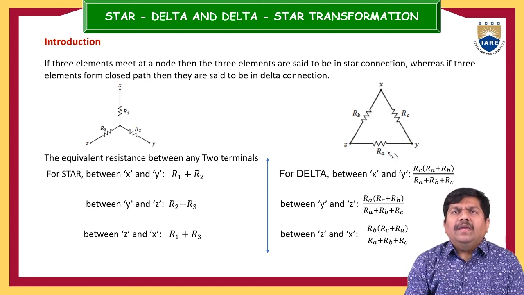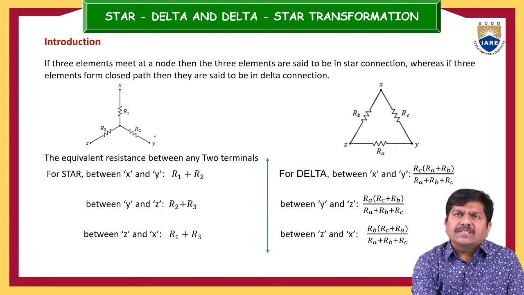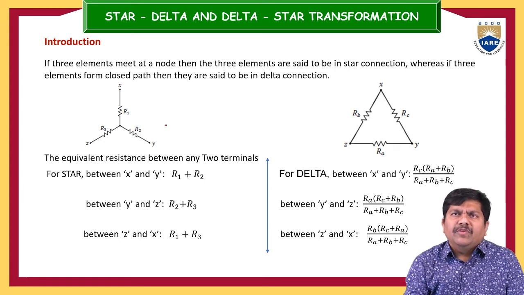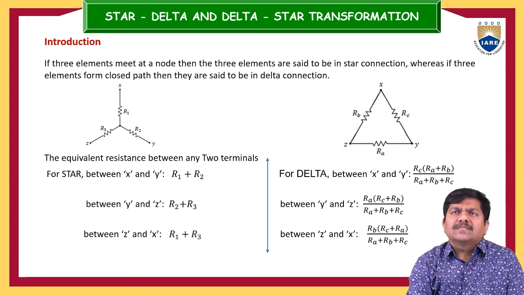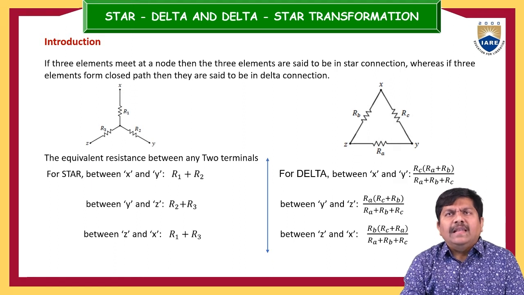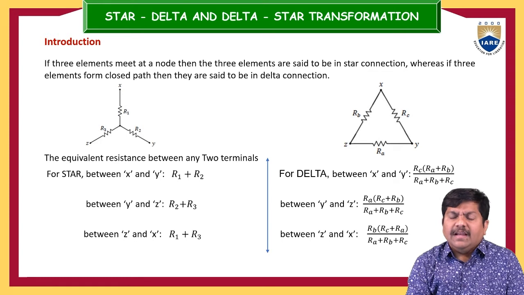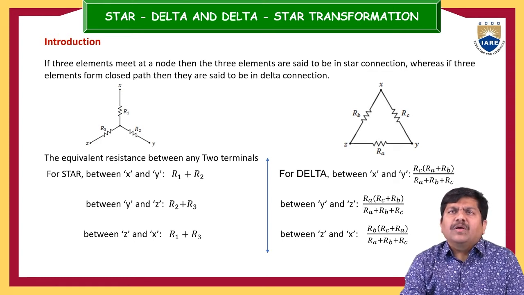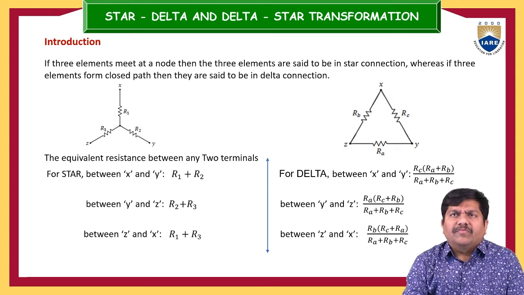Now in any case, if the electrical circuit looks like a star configuration, what method are we going to use to convert this star configuration to delta? Or in some cases, we cannot predict the shape of the electrical elements or in which configuration they were connected. If it is connected in delta, what mechanism are we going to use to convert this delta to a star configuration?